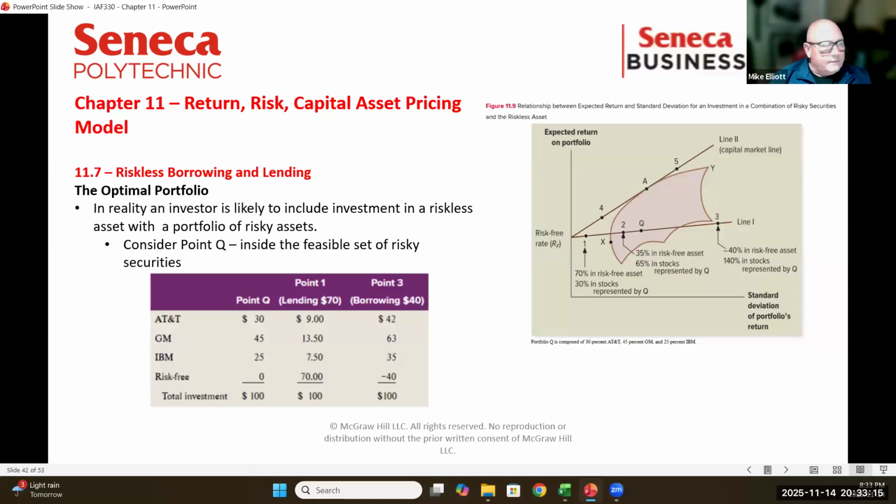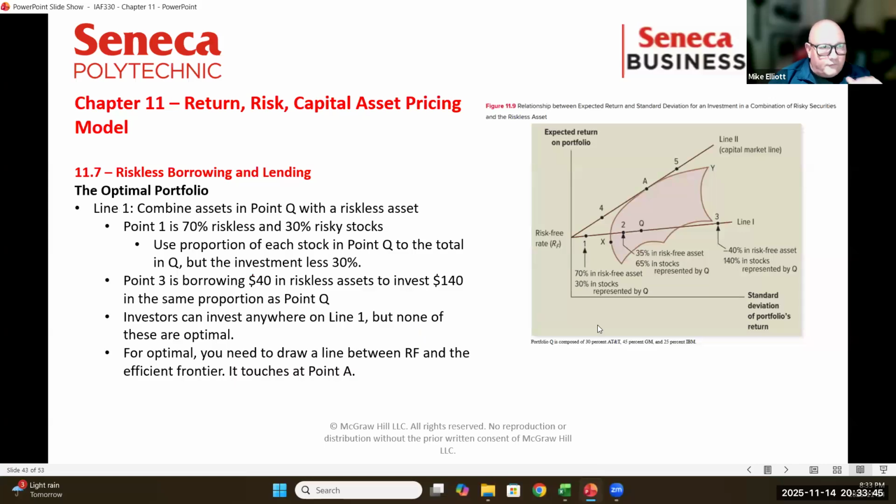So that's the one line. And we can only ever extend this line. It's only ever going to be straight. We have our ideal mix here. If we invest some, we're going to lower the standard deviation, but we're also going to lower the return because we're investing risk-free. If we borrow, we increase the return slightly, but we also increase the standard deviation by the percentage of whatever we borrowed.